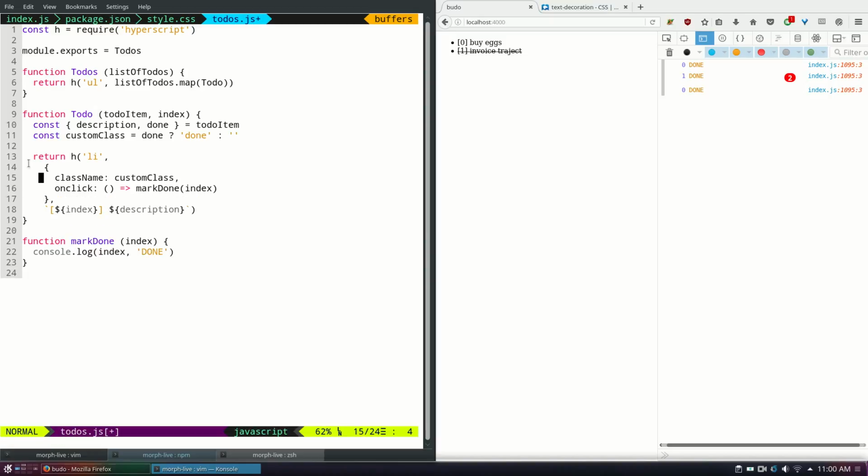So there are the three arguments that Hyperscript is taking. What type of tag is this? What are the options that you're passing in? And what is the content? And we're using template strings to print out this sweet format over here. And we've still got that delay of 2 seconds before it gets marked across, so maybe we'll go back and